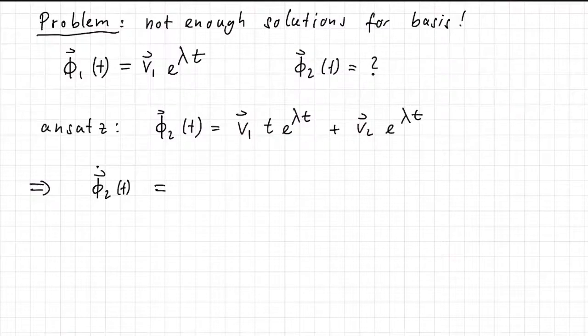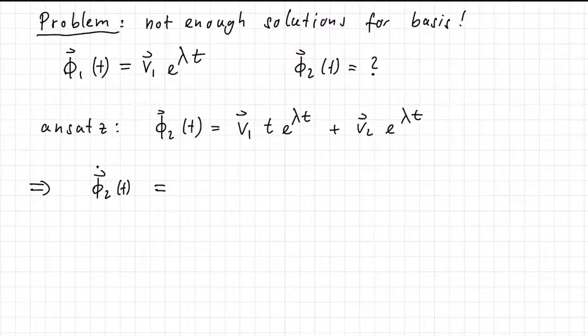So with the single eigenvalue and eigenvector of our previous calculation, we can only formulate one basis solution, which is v1 times e to the lambda t. But that's not enough for a basis, right? We need 2 solutions in the basis. So what is the second solution? For this, we use an ansatz. We write phi 2 of t equals v1 times t times e to the lambda t,